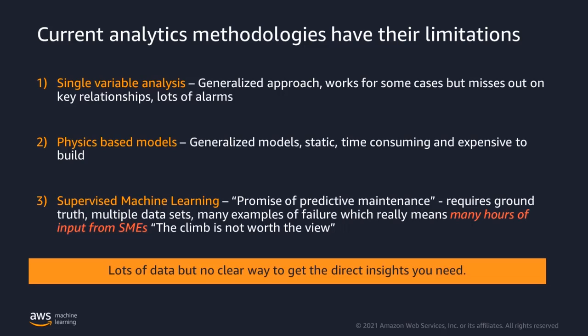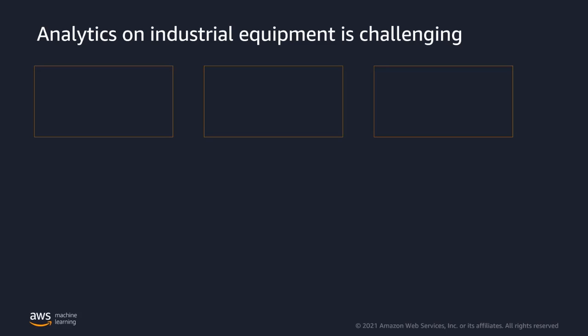But overall, the problem space can be whittled down to three main issues, and the reason why analytics on industrial equipment is really challenging. One is that every asset is unique. So if you have two pumps right next to each other, even if you're lucky enough that they have the exact same